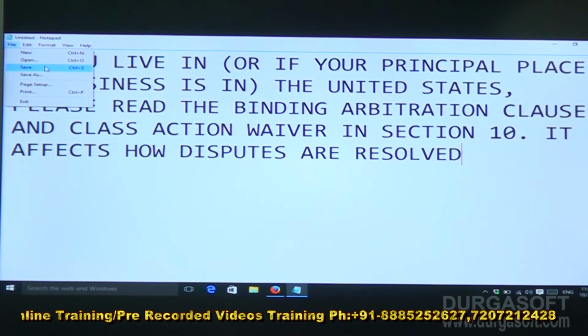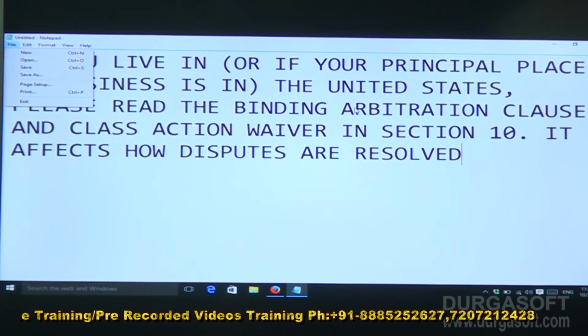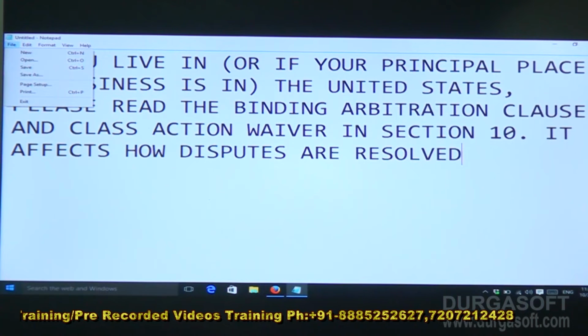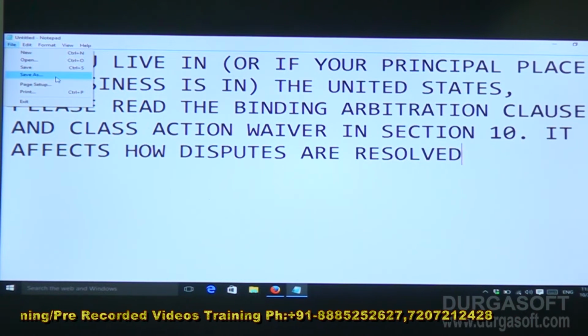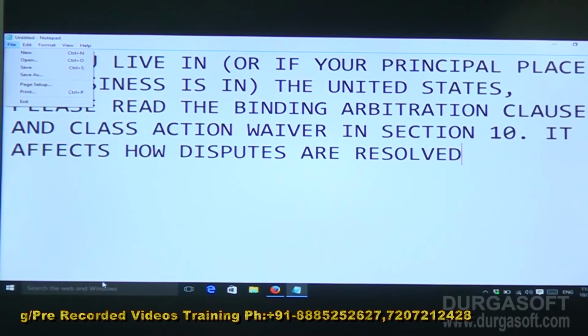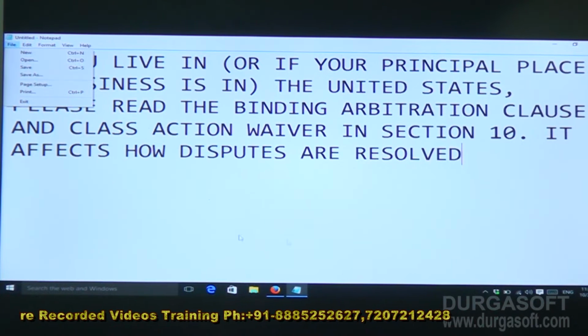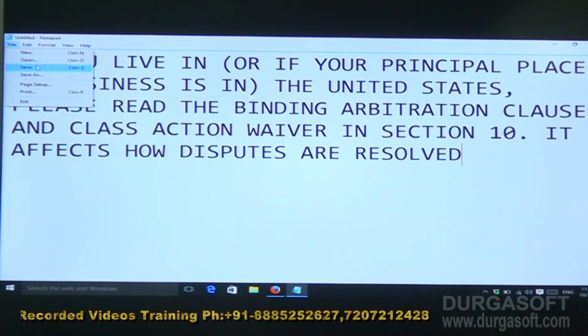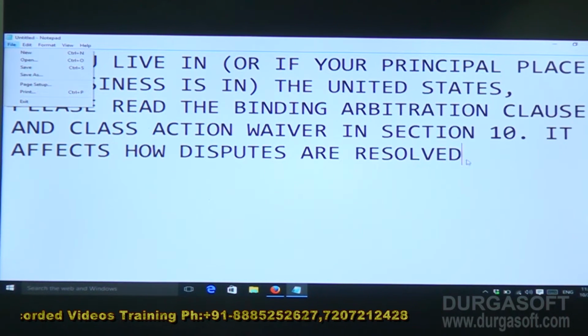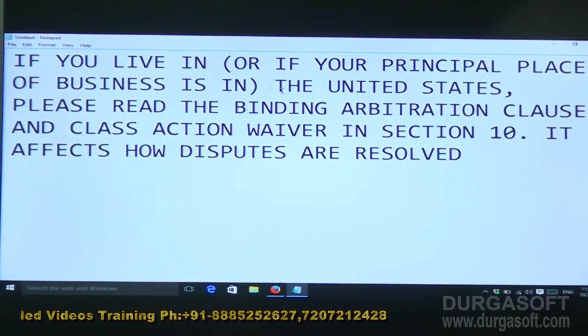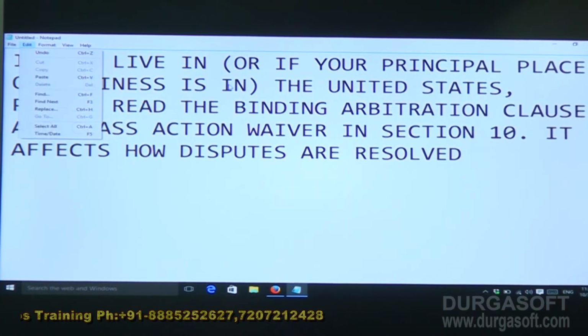After preparing the document, if you want to create a duplicate or rename the original file, we can use Save As, that is F12. This is the option after creating whatever data you have written in your notepad. If you want to give any printouts, before giving the printout, if you want to set your pages,